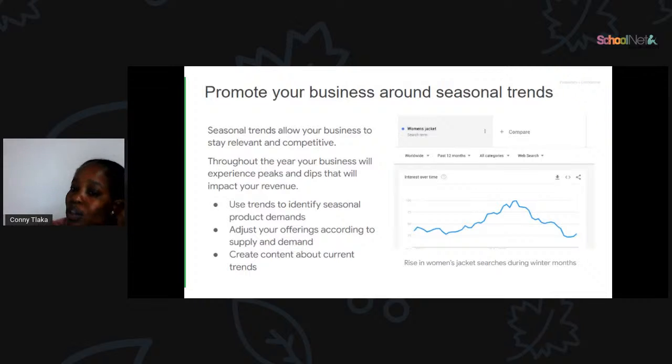So you need to adjust to demand. So you need to create content about a current trend. You can't advertise winter clothes in summer, so people might not buy them because of the season.